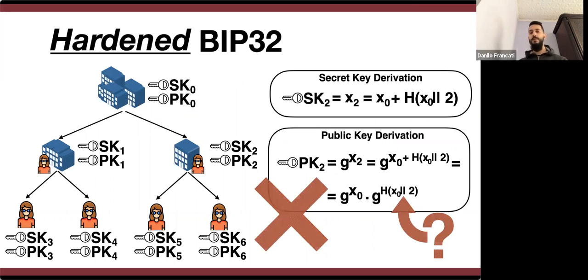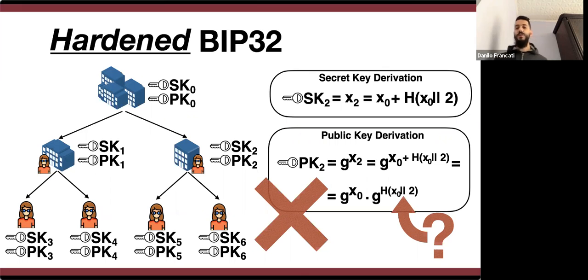But the problem now is that we are losing the public key derivation because at some point you need to compute the hash with input the secret key of the father, and this is secret information, so the public key derivation is not public, it involves secret information. So this gives you the idea that it's very hard to have both properties together because